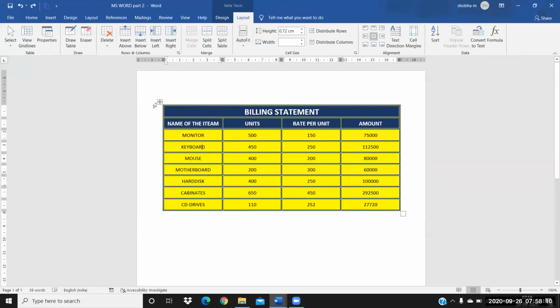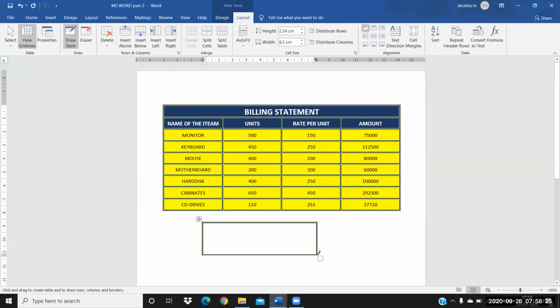Now in this, you have Draw Table. Draw Table is where you can draw a table on your own. I'll show you how to draw a table here. I've just clicked on Draw Table. See, I'm just drawing a table like this. See, one table I have drawn. In the same way, I will draw a column also.